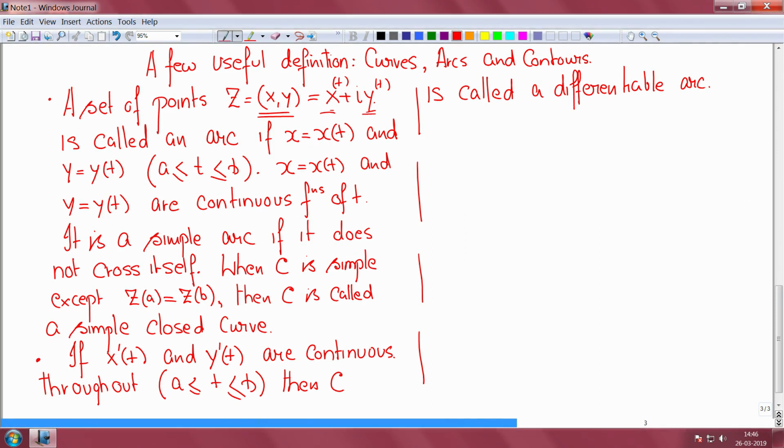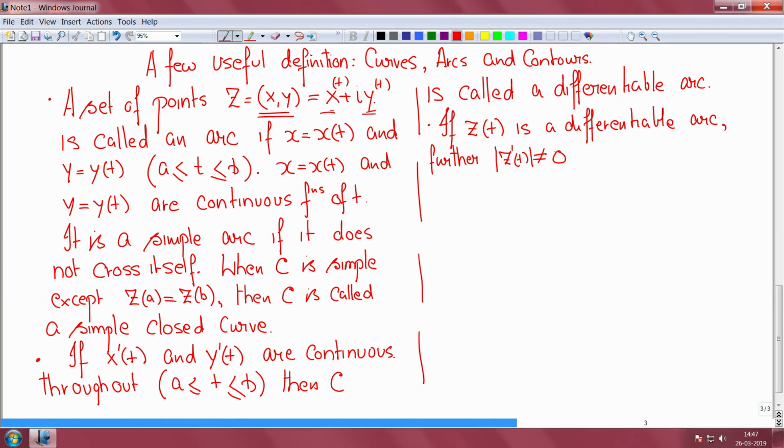Now further, if z of t is a differentiable arc, as above, and further, this quantity, the magnitude of z dash of t, does not go to 0 anywhere in t, as t varies from A to B, this quantity never goes to 0,